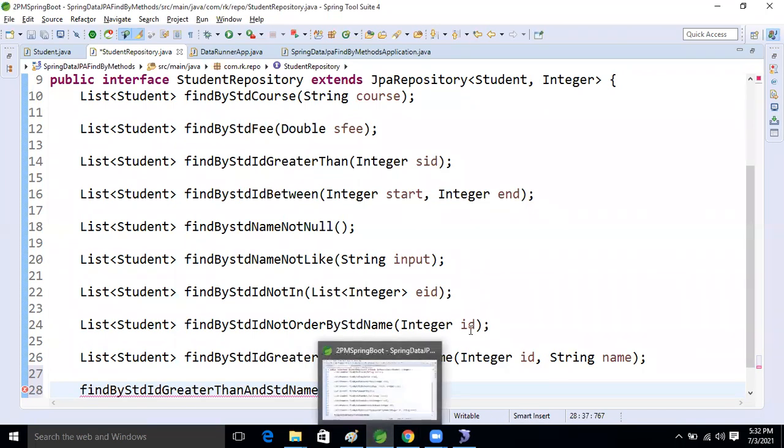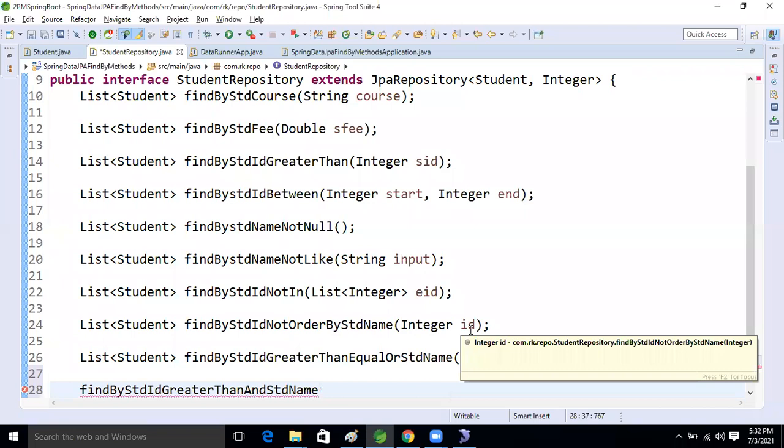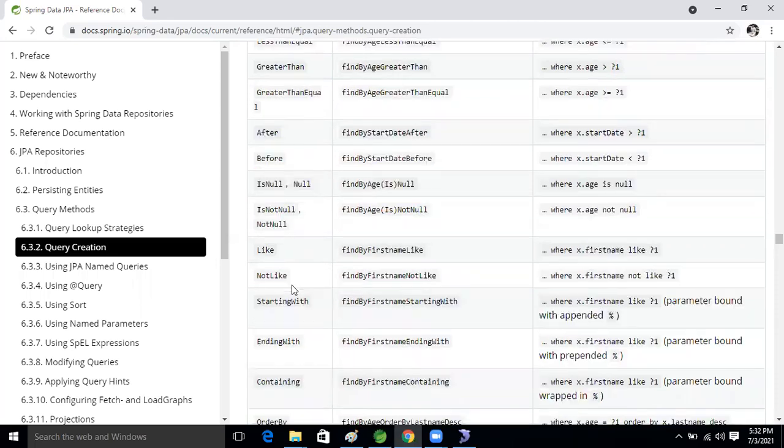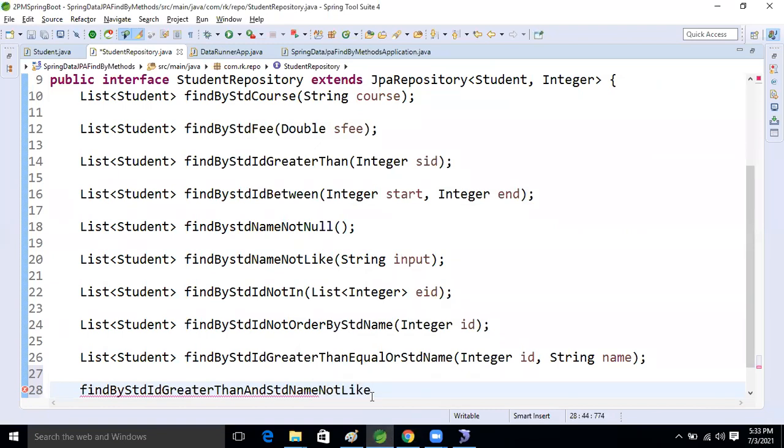Whatever character we take, that matching character data we will not get. This is our requirement now. Take the not like. Matching record we will not get, based on the not like operator. Okay, good. So now another one is what?